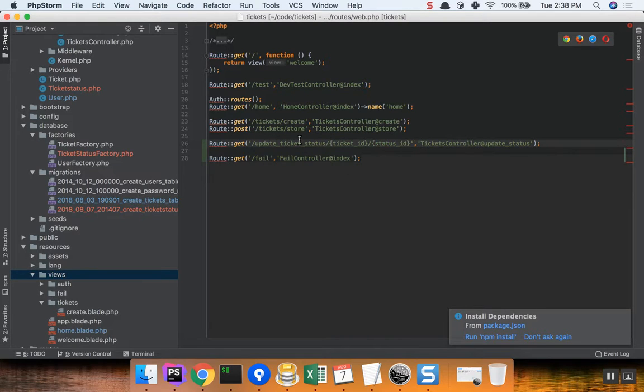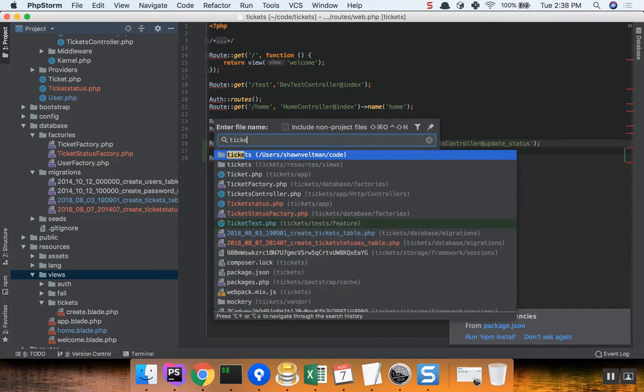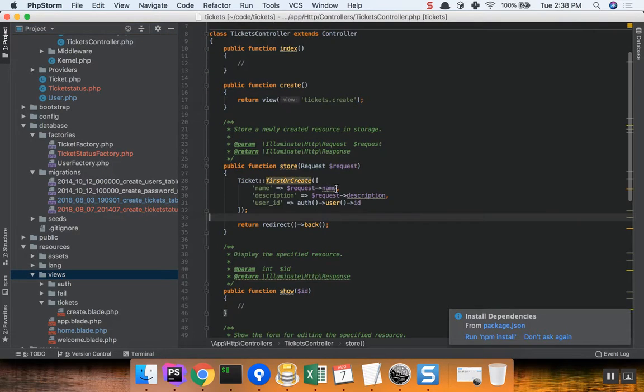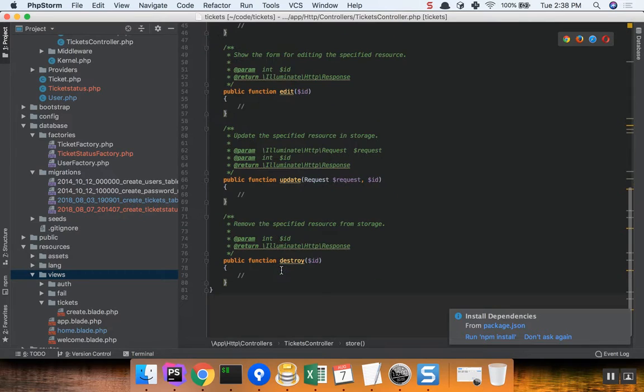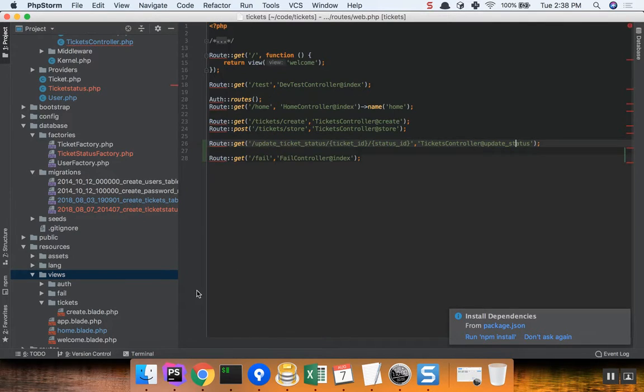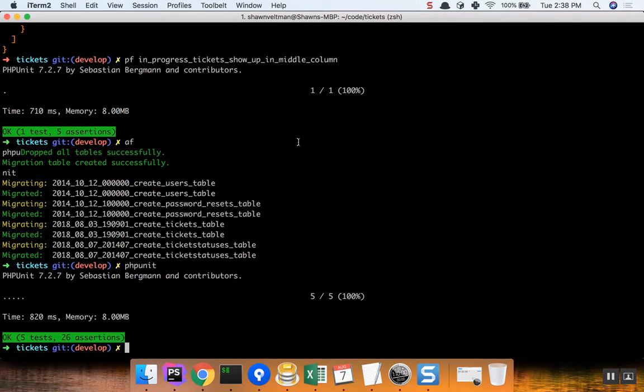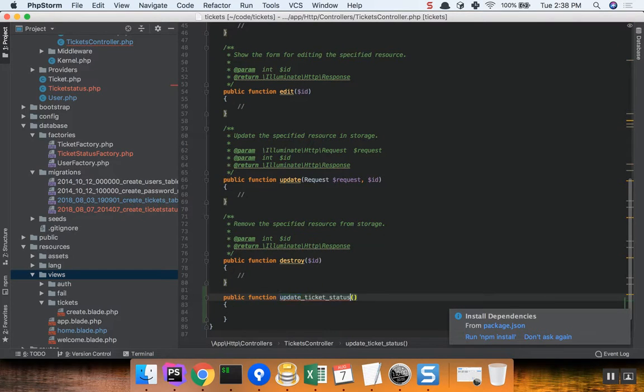So we're going to create a method in our tickets controller called update status, and it's going to take 2 parameters. One is the ticket ID and one is the status ID. Okay, so let's do, what do we call this? Update ticket status. Okay, so now what we can do is say,